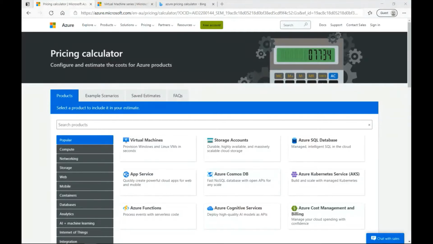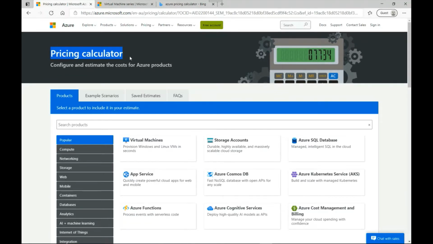Hello everyone. Today I want to talk about the Azure pricing calculator, which is a free tool by Microsoft for the cost management of your Azure resources. So before you deploy any resources in Azure, or if you want to upgrade your existing resource, which is already deployed in Azure portal, you can use this cost estimation pricing calculator to know how much your resource could cost